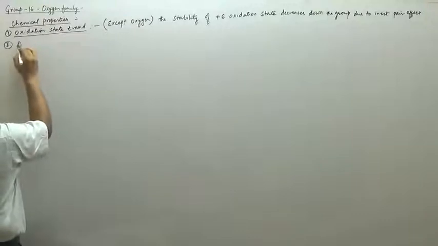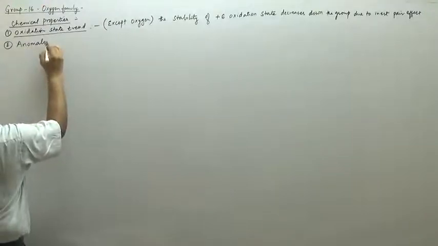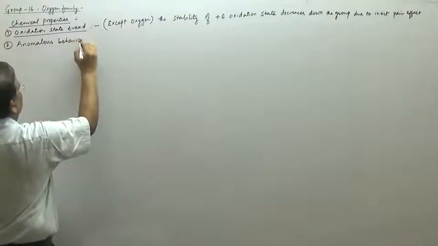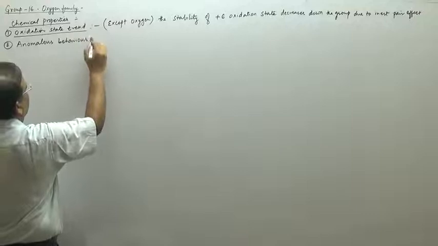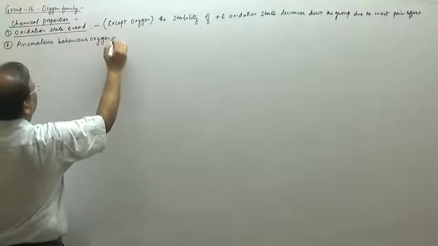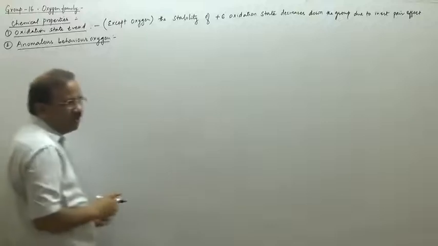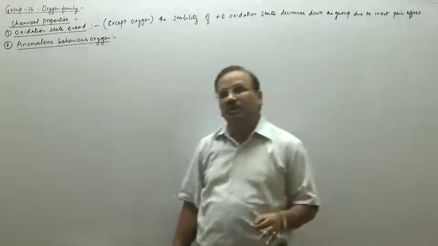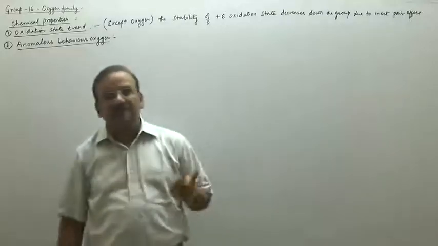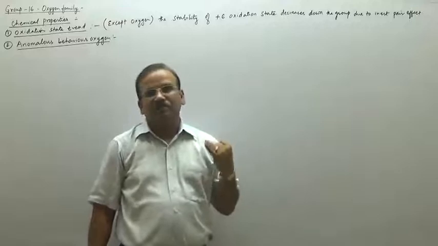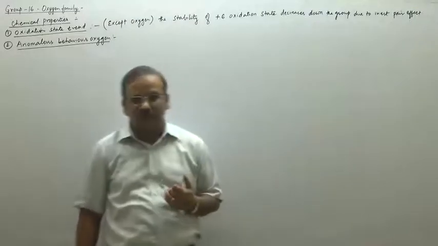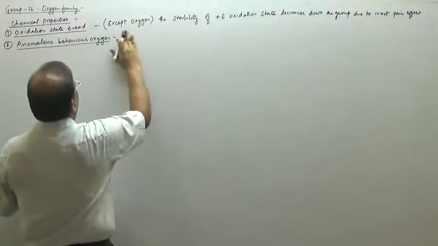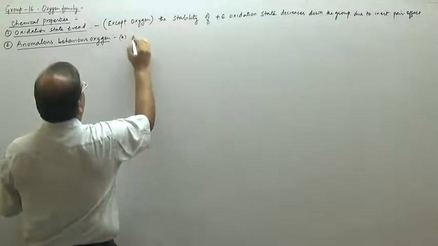We can write the anomalous behavior of oxygen. We already discussed so many times why the first element of each group has the anomalous behavior. It is because of its small size, high electronegativity, its absence of d orbital, and its high ionization energy. So it is due to